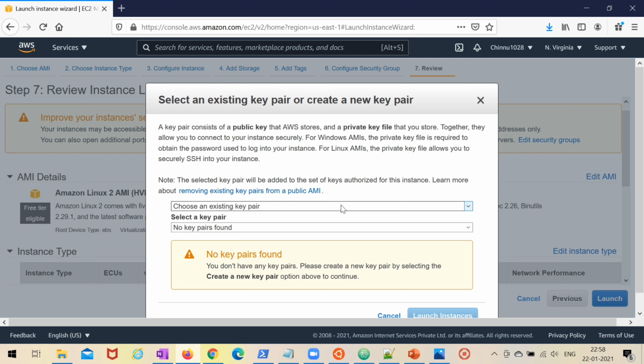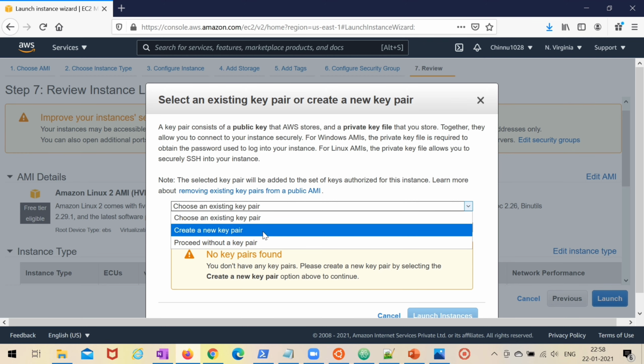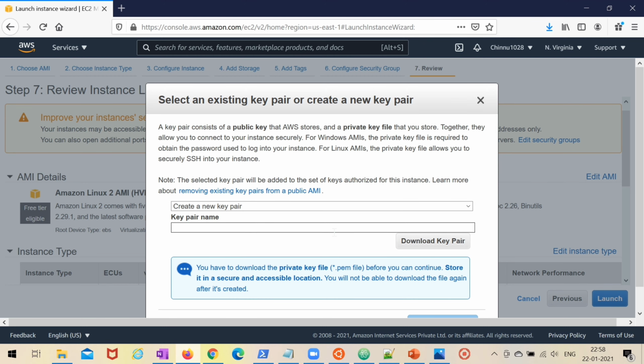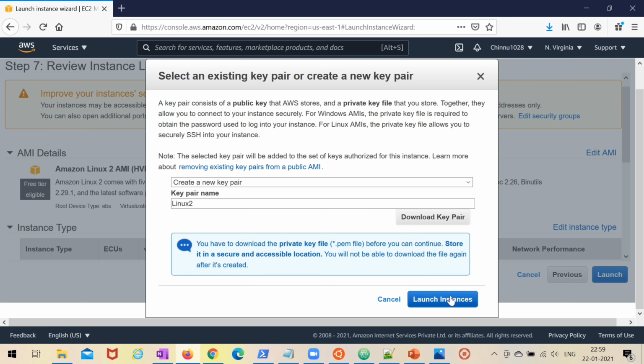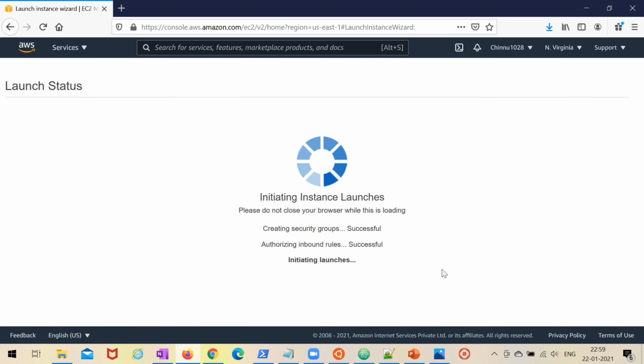So for that, click on that, and we need to enter a key pair name. We can enter any name, Linux 2, let's say. Okay, let's download the key pair. So we will download the .pem file, which is the key file to log into the Linux server from our laptop later. So for that, we need to download and save, and click on launch instances